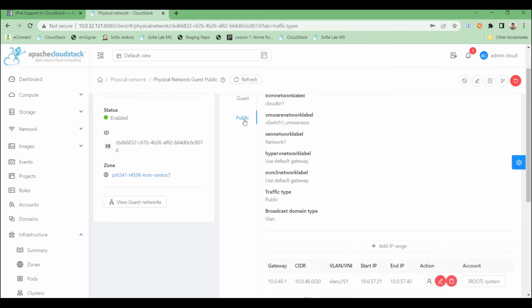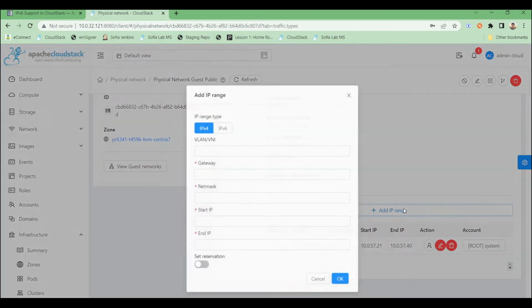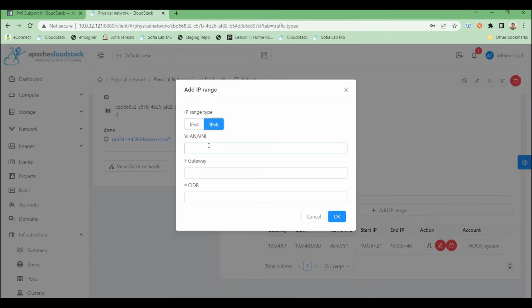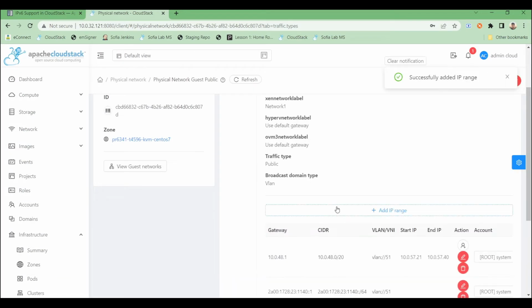Let's go into public traffic type. I will add a public IPv6 range here. I already have an IPv4 range in VLAN 51, so we'll use the same. Here I will put my IPv6 gateway for public range and the CIDR. Okay, so